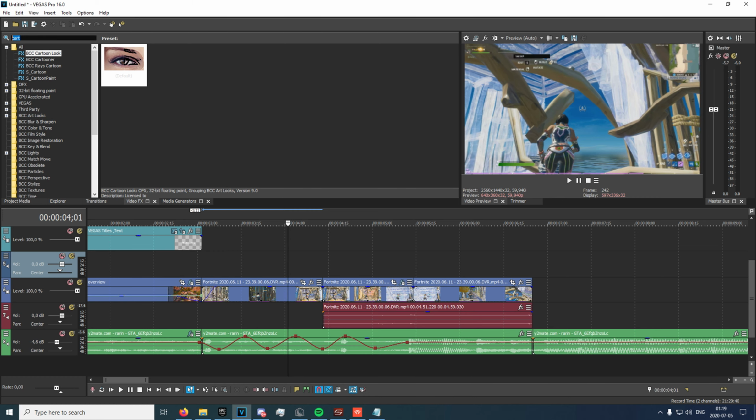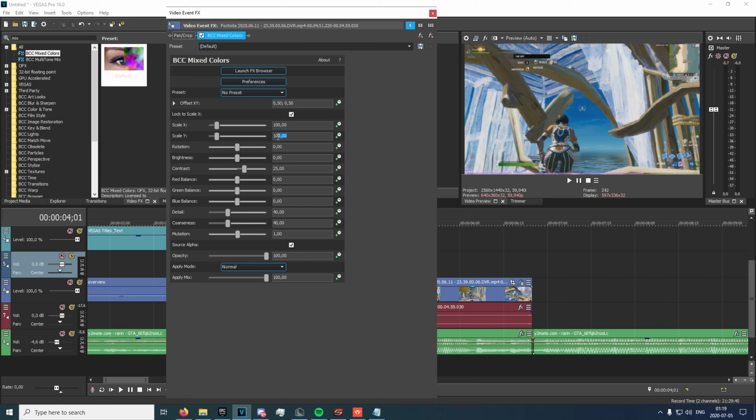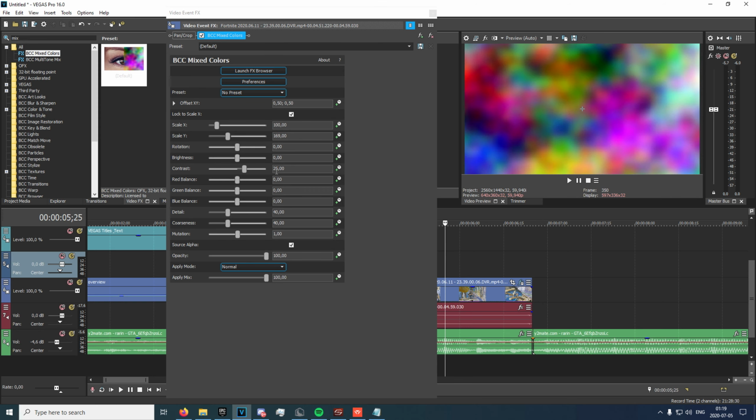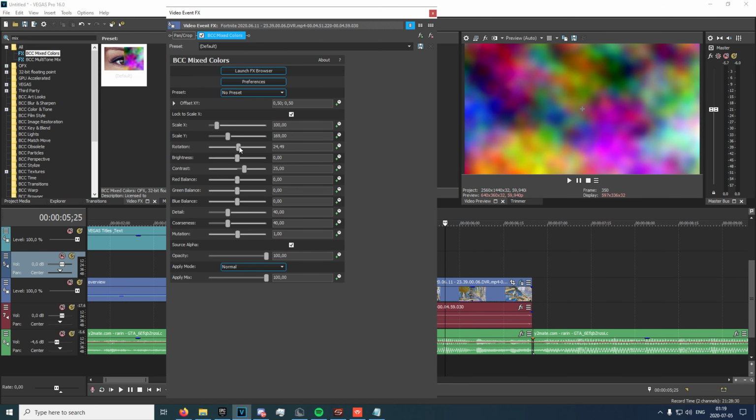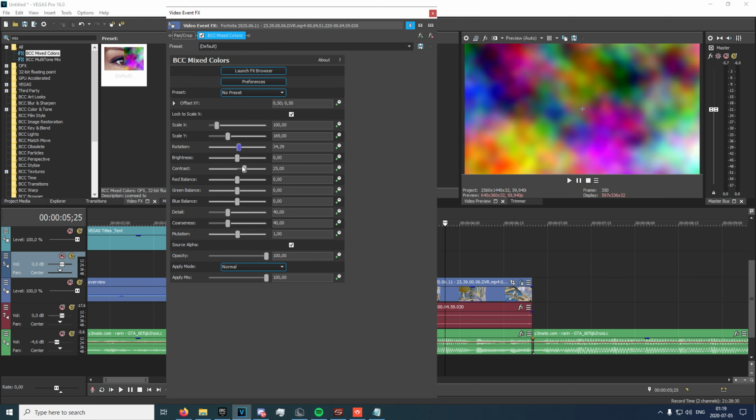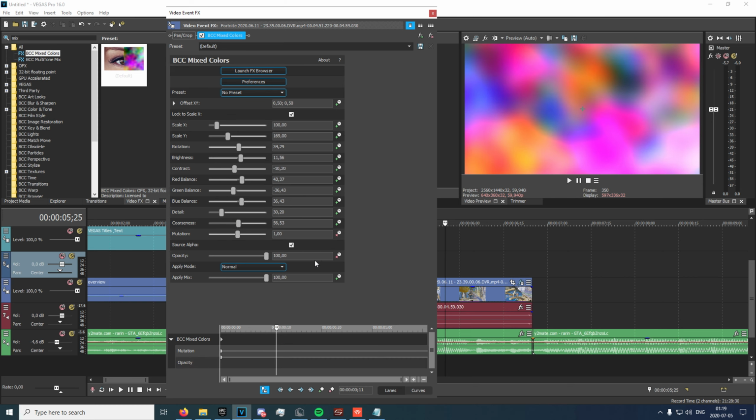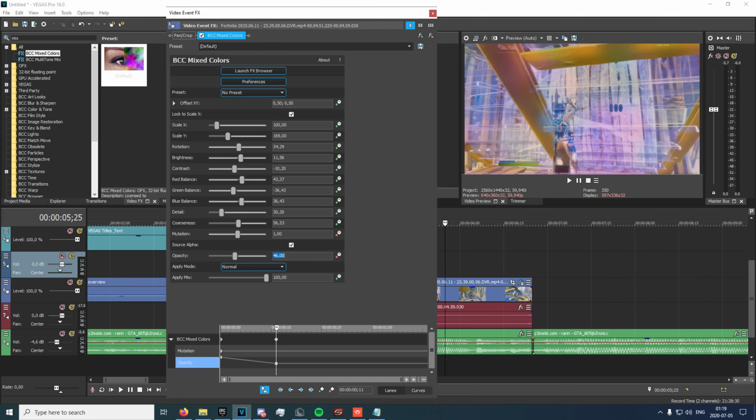Just like that. Now we want to add the BCC mixed colors to this part of the clip right here. Scale X, just copy my settings right here, and then 169 right there. We will want to rotate it slightly like this to maybe call it 34. Brightness turned up, contrast turned down, red balance turned up, blue balance turned up, green balance turned down, detail decrease, coarseness add, and we want to animate the mutation and the opacity. The opacity should be set to 46